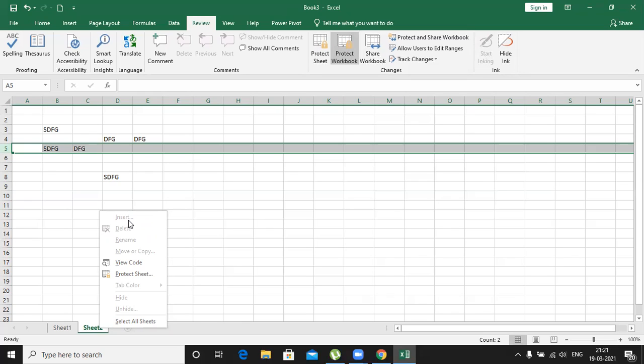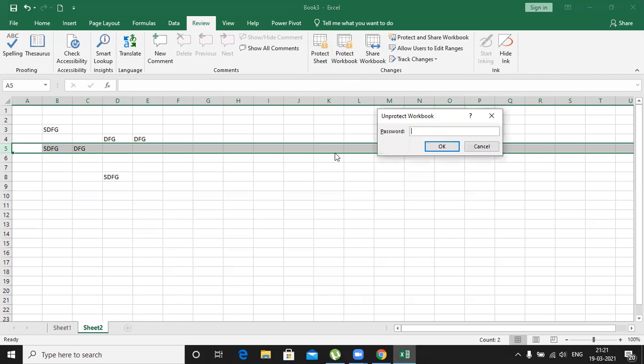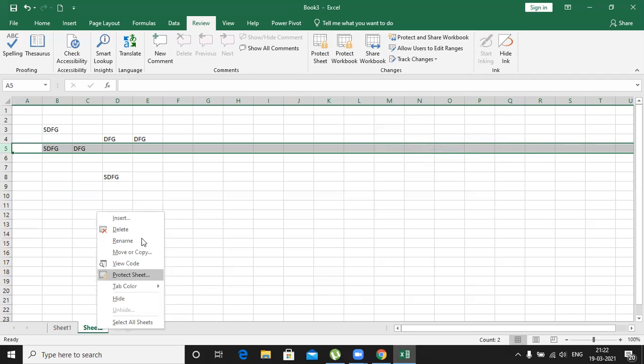This is the major difference. Then again you click and re-enter the password and see the changes. Automatically I can copy, I can remove, I can delete, I can insert, and so on. Okay.